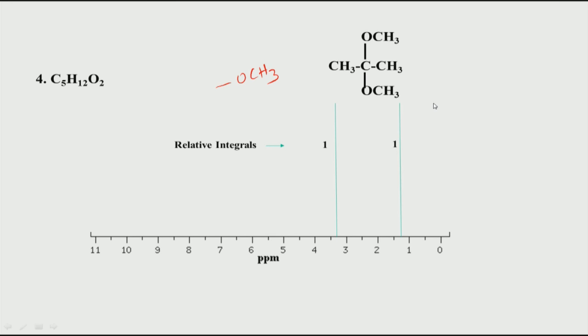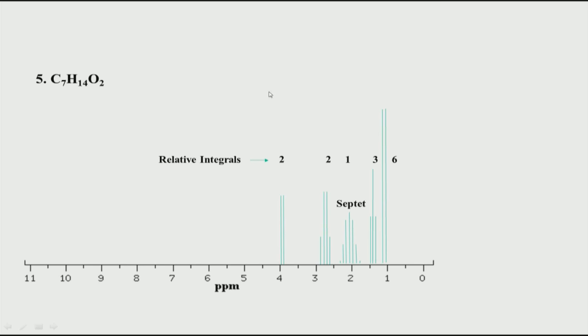So, we look at the next example, which is now this particular molecule. Here we are looking at the integral, and the spectrum seems to add up properly. So, there is 9 plus 2, 9 plus 1, 10, 12 and 14. So, this seems to be fine, matching well with this one. Now, let us see how many types of hydrogens are present: 1, 2, 3, 4 and 5. So, there are 5 types of hydrogens in this molecule.